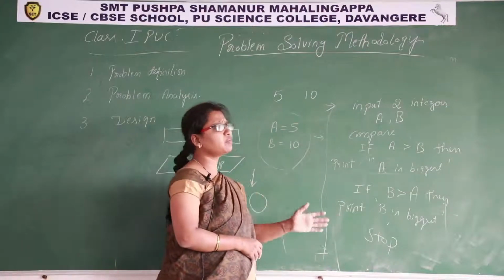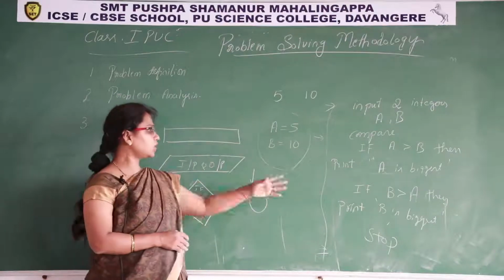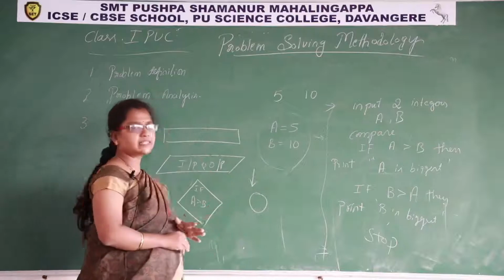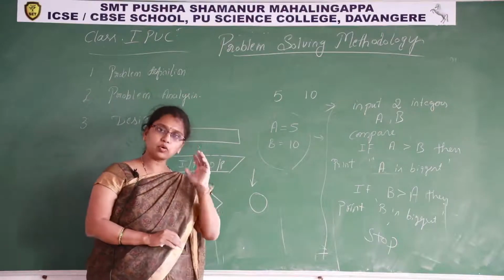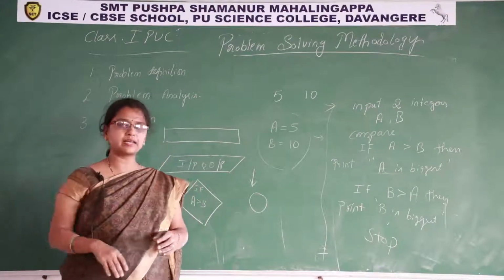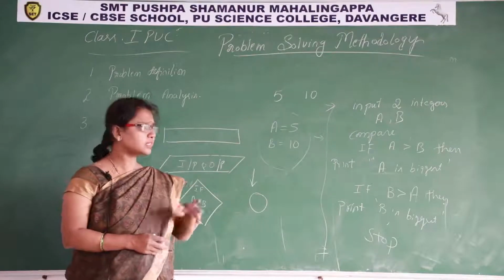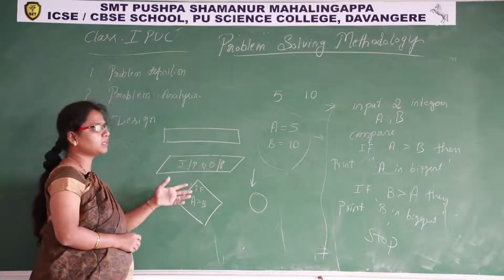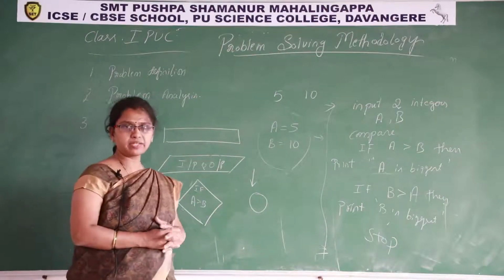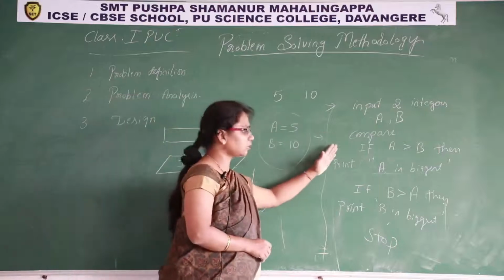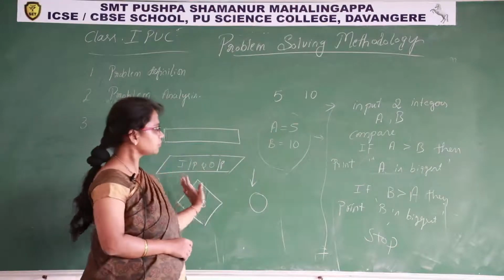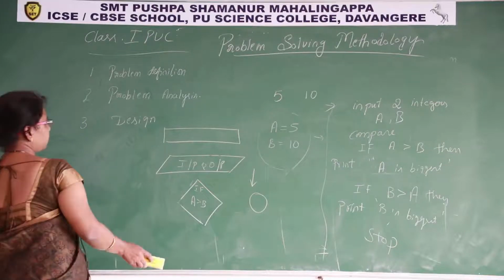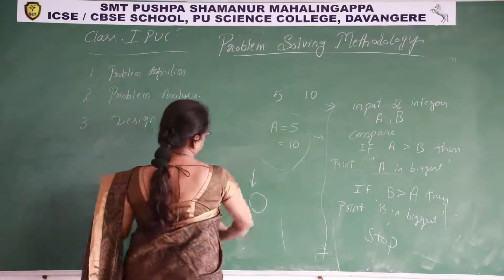There are different ways of design tools. They are called tools. Algorithm is one designing tool, then flowchart is another designing tool. Some more tools are there, use case diagram is there, pseudocode is there. So these are the different tools. But for simple examples or simple programming problem statements, usually we use algorithms and flowcharts. So before going to flowchart, let us understand some symbols available in the flowchart.